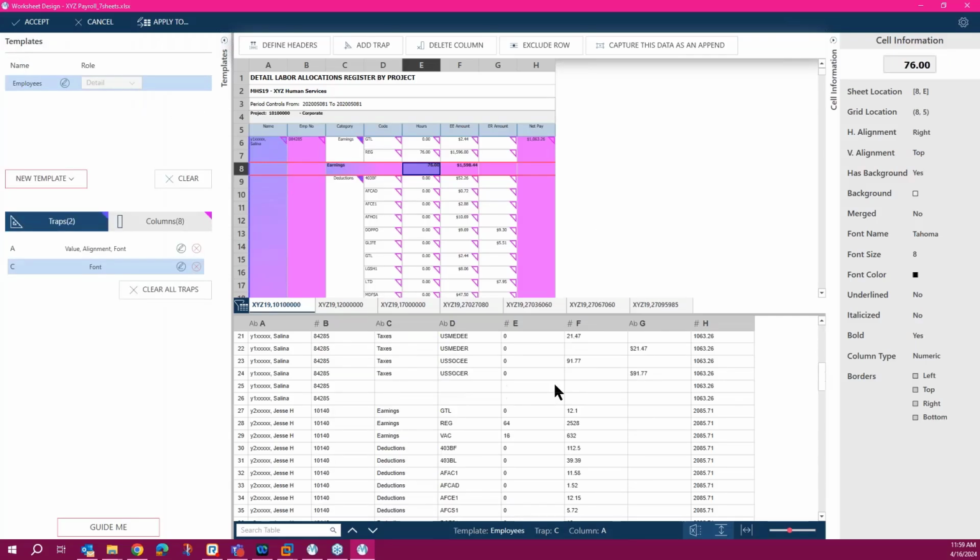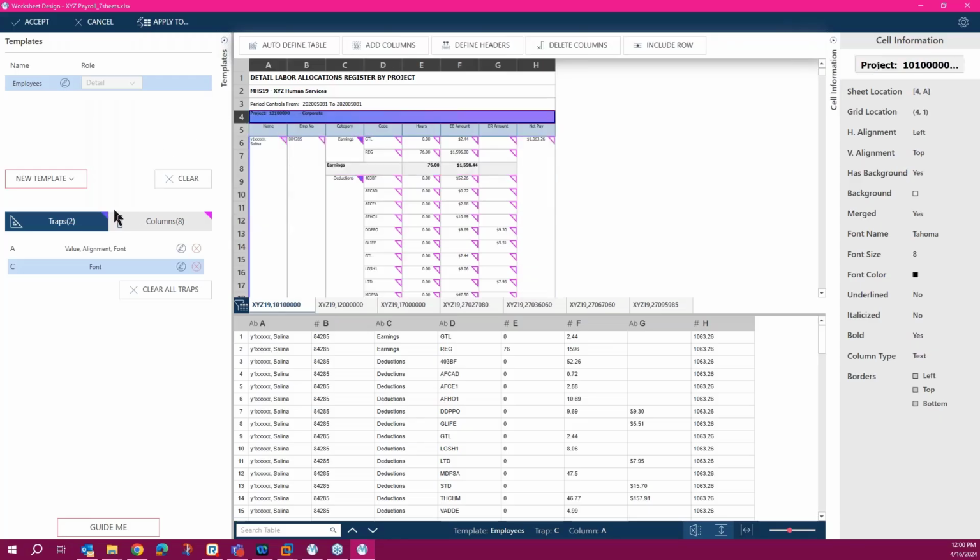All right. So now that I define my detail, I want to capture the project and the period in this report. Again, since this is above the detail, similar to Monarch working with the text or PDF, if the data is above the detail, you need to select choose append template.